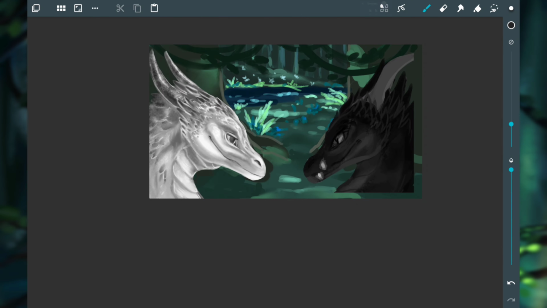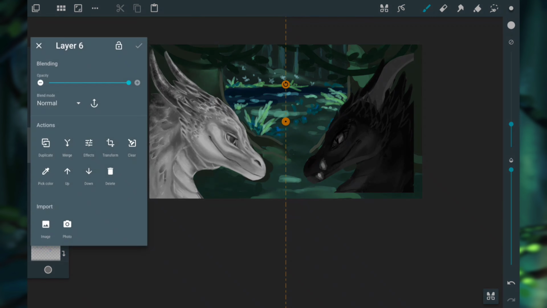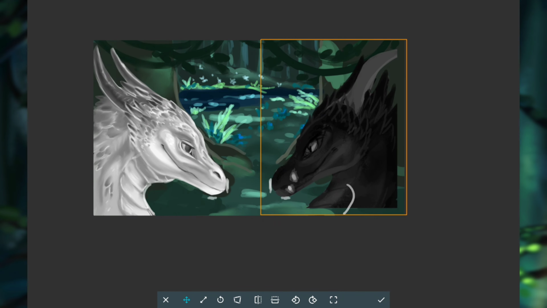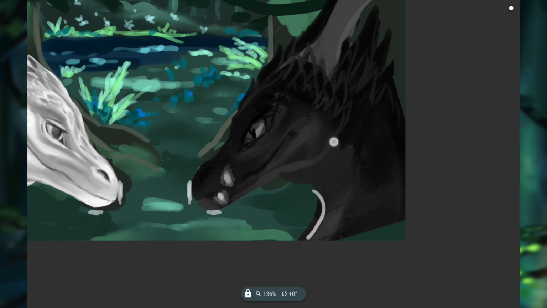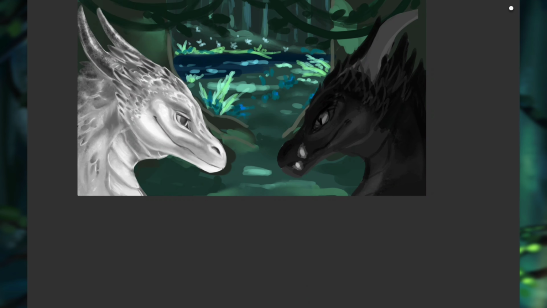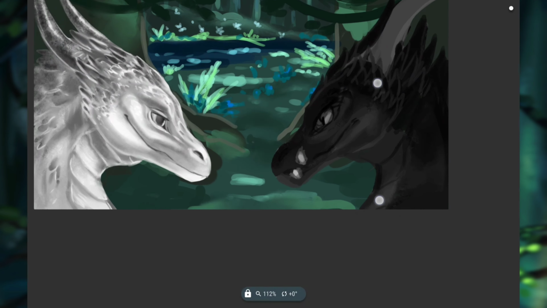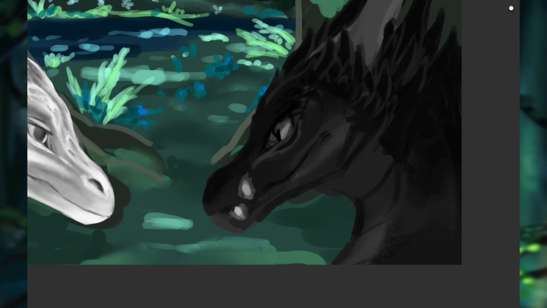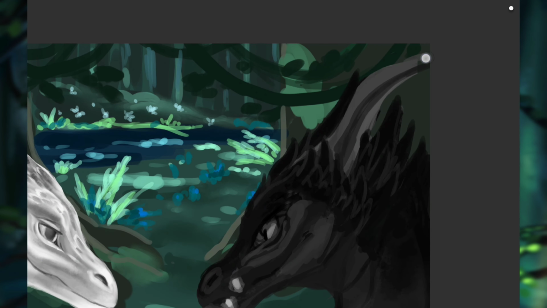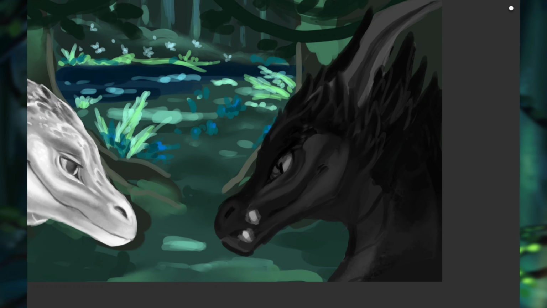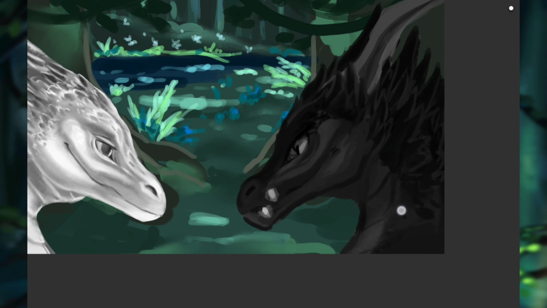I do a bit of shifting around as I had decided to make the pale dragon larger, and I needed the dark dragon to be in roughly the same spot in comparison to the middle of the drawing. So that's why you saw those little white strokes there. I was aligning it to the same position as the lighter dragon before I started really blocking in some of the dark and light areas, as I knew I had to fill in the gaps that were going to be left when I shifted it.